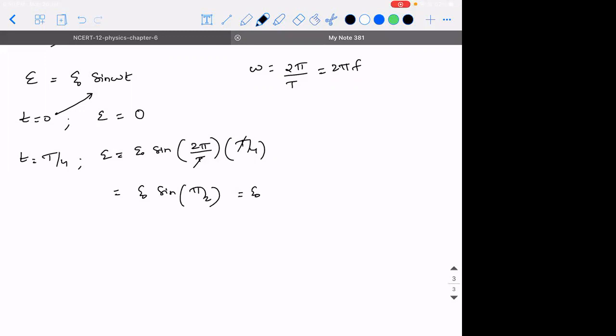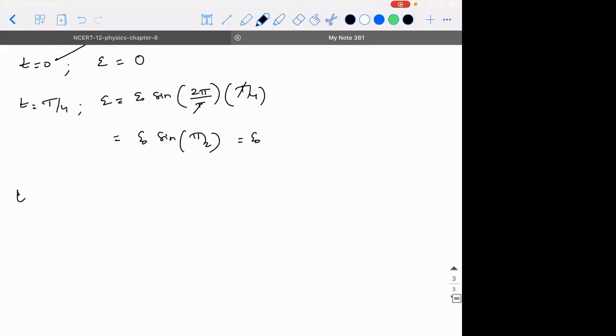What did we discuss when I showed you the animation? At t equal to 0, flux is maximum. You remember, guys? Yes. When t is equal to 0, flux is maximum. But what is happening to EMF? It is 0. You can think, why is the flux maximum but EMF 0? Because the flux didn't start changing at that time. It was a constant value. Then as time progressed, due to the change in the value, the flux was decreasing, and the EMF started increasing. It is because of the change, according to Faraday's law. In a similar way, if I take t is equal to T by 2, what will happen?